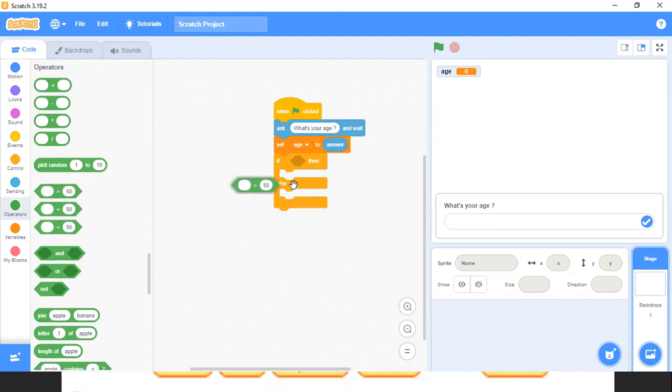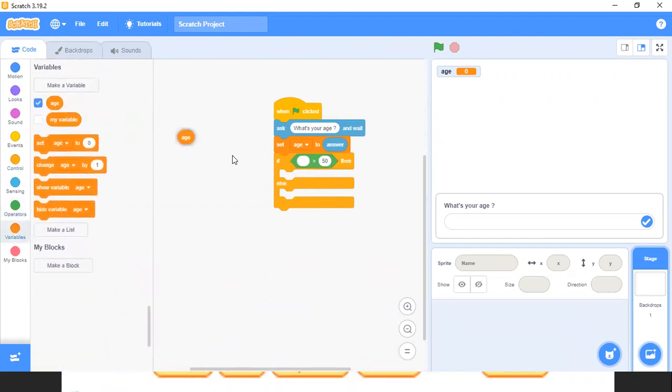Less than box we have to bring, and then we go to variables. From there we bring the age, and we set it here, less than 17. If it is less than 17, sorry, greater than 17,